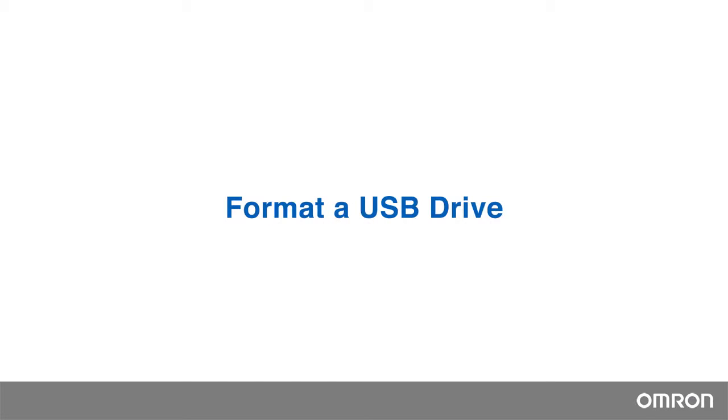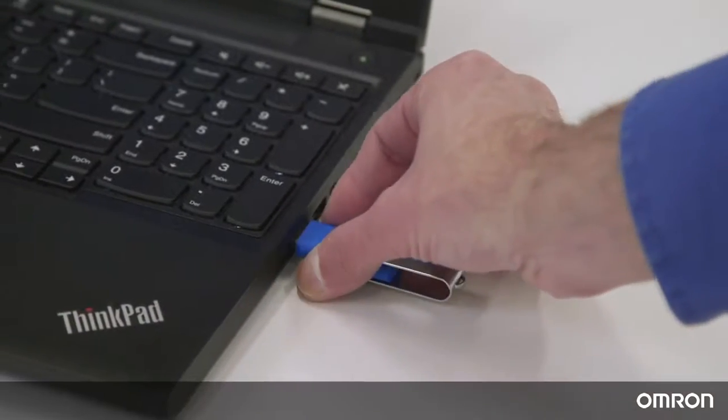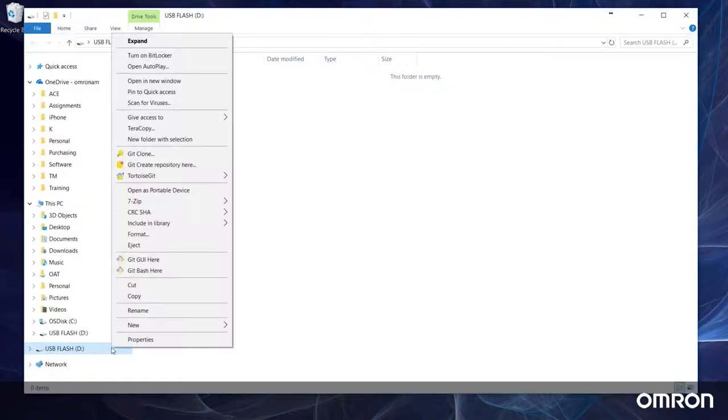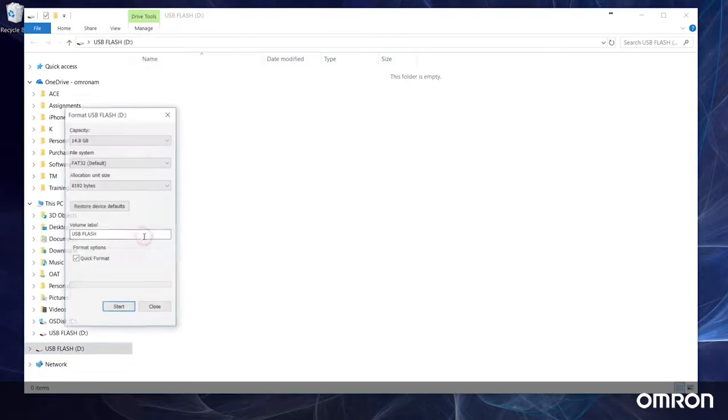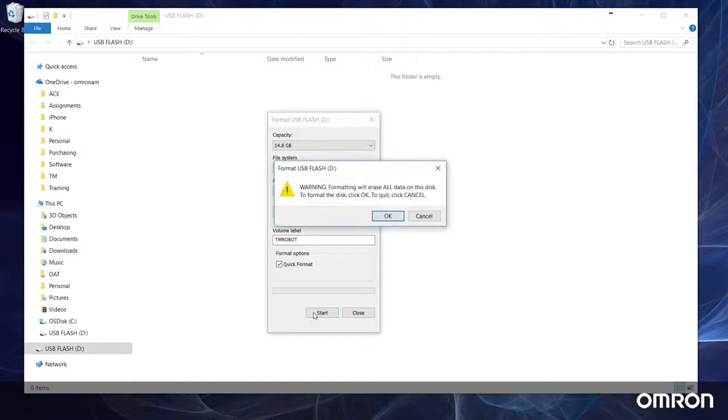First, we will need to format a USB flash drive to the Omron TM format. To do this, plug in any flash drive, right-click on it in your File Explorer, and select Format. From this window, let's change the file system to NTFS format, and rename the volume label to TM Robot in all caps, no spaces. Please make sure you save a backup copy of the files on your USB drive, because formatting will delete all